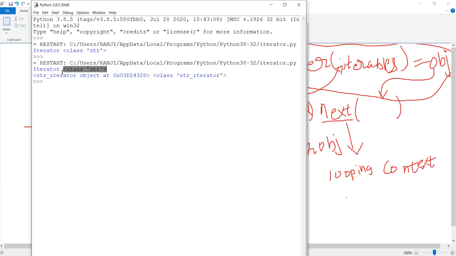The second thing, after the conversion, the string which was there originally got converted to a string iterator object, and this is the memory address. So we are not concerned about this. And the class here, now it is a string iterator class. Before that it is just a string. So with each and every data structure, that is list or tuple or dictionary or set, this class basically changes.